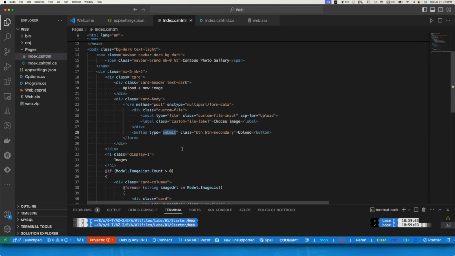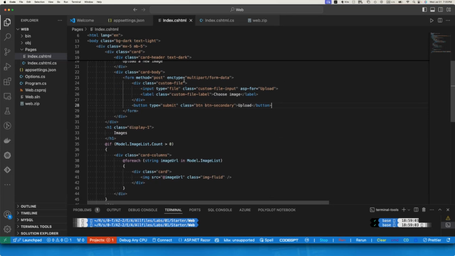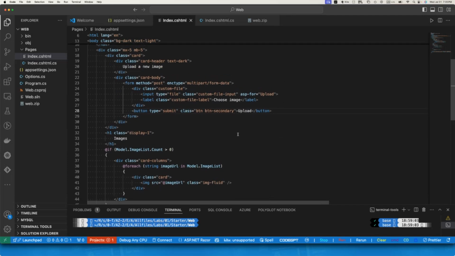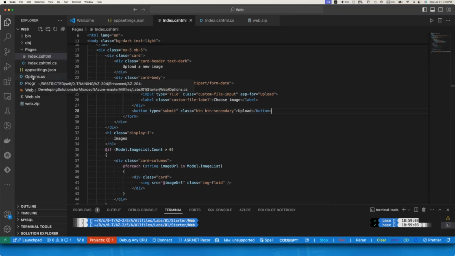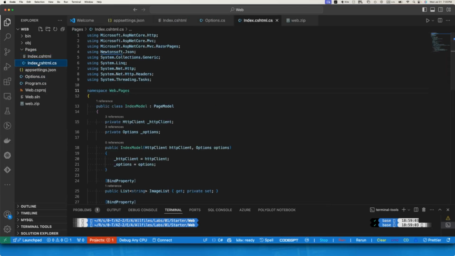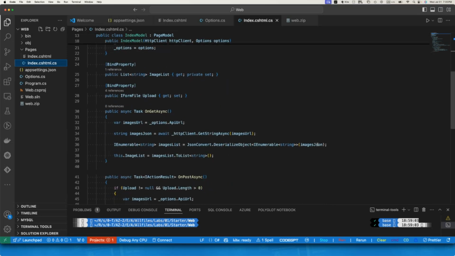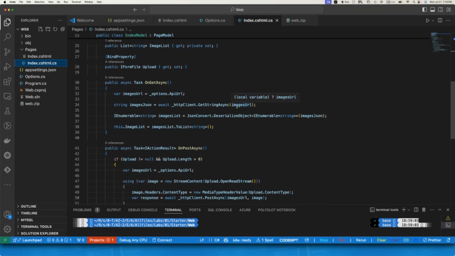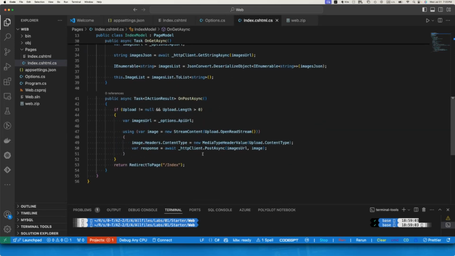The backend API will be called, right? We didn't use any API name here. How will it call? If you know how to write the web page in the C# world, you must have one controller for that as well, right? So if we go back to our C# file, here we are dealing with those image URL, post and get, right? And we are trying to call those